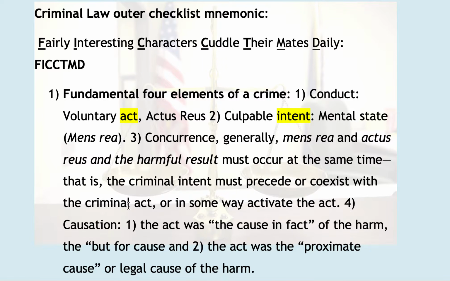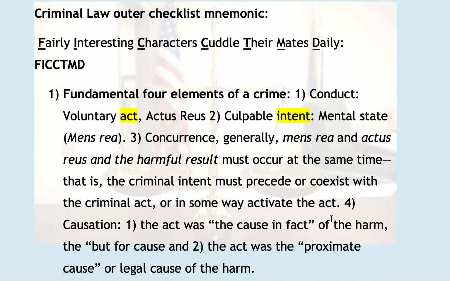And so criminal law outer checklist mnemonic again is fairly interesting characters cuddle their mates daily. FICCTMD. Okay, here we go. Fundamental 4 elements of a crime. Conduct or a voluntary act, actus reus, excuse me. 2, culpable intent, mental state, that's mens rea. And 3,